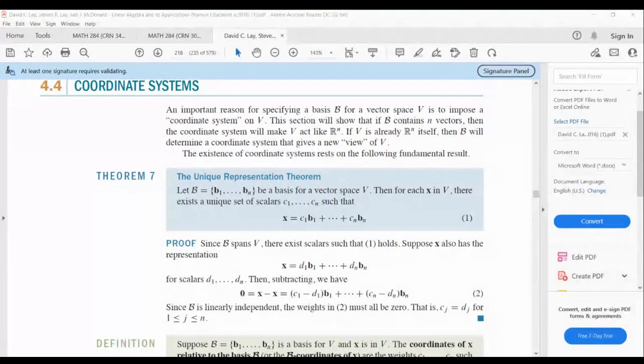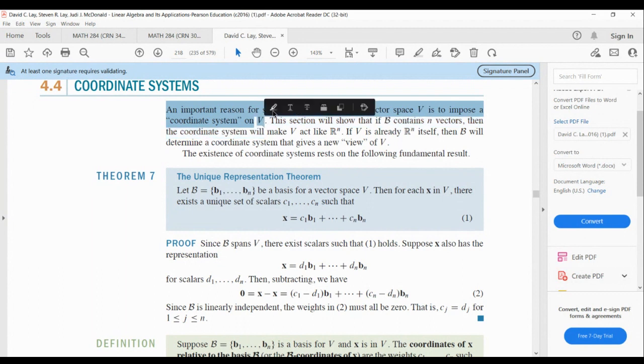Okay, so let me just see here. We are in section 4.4 now, coordinate systems. So they mention here at the beginning, an important reason for specifying a basis, script B, for a vector space is to impose a coordinate system